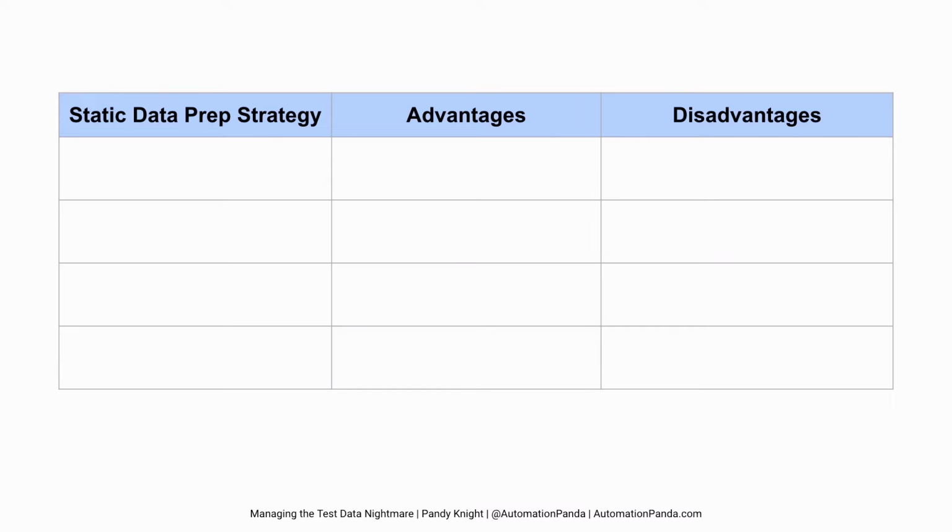The simplest data prep strategy is manual configuration. And that's exactly what it sounds like. Testers log into the system and manually create whatever records they need to be in the system. That could include creating users, configuring settings, saving records. For our loan app, that could be configuring loan products. The nice thing about this is that anybody can do it. It's low tech. You don't need fancy tools or frameworks. You just get in there and